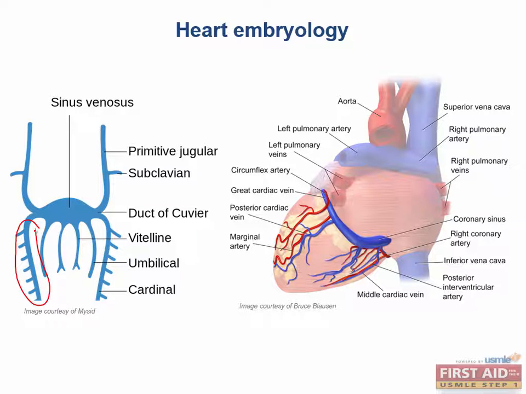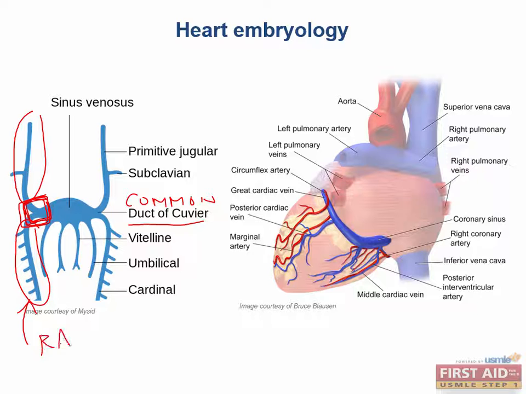It joins this other cardinal vein coming from above. When two cardinal veins come together, you form this here. This is a common cardinal vein, also called the duct of Cuvier because he was the first person to discover common cardinal veins. So the combination of this right anterior cardinal vein plus the common cardinal vein will give you